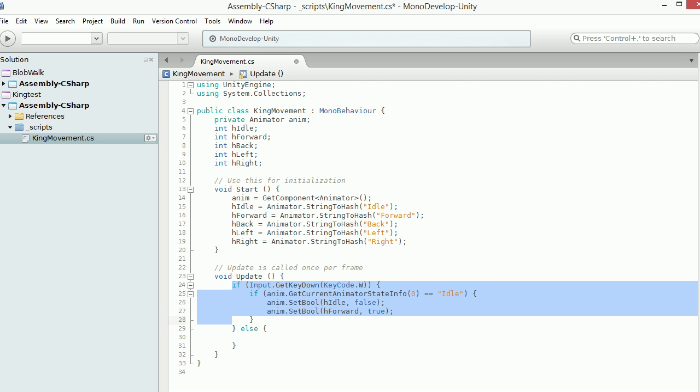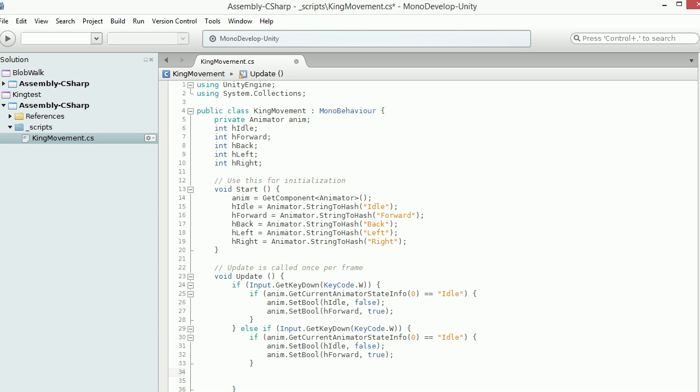So else, copy and paste, tidy it up. Okay, so else if S is down